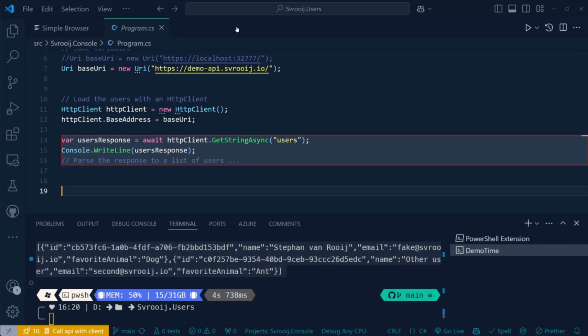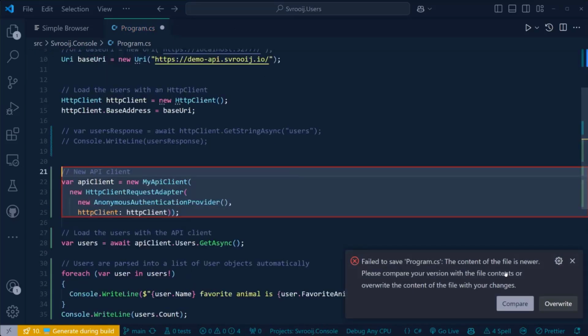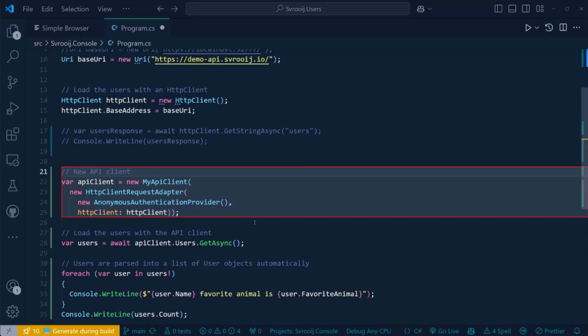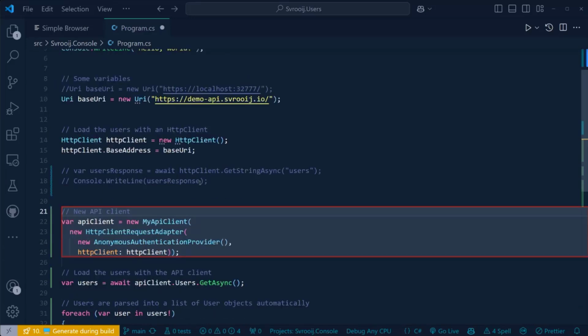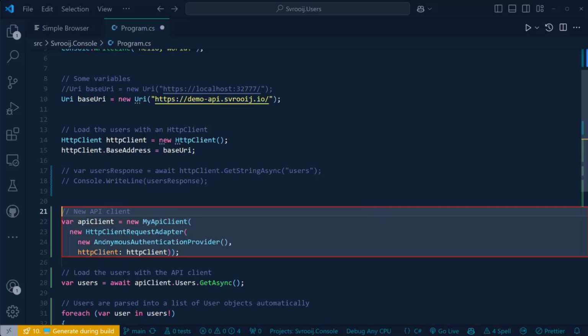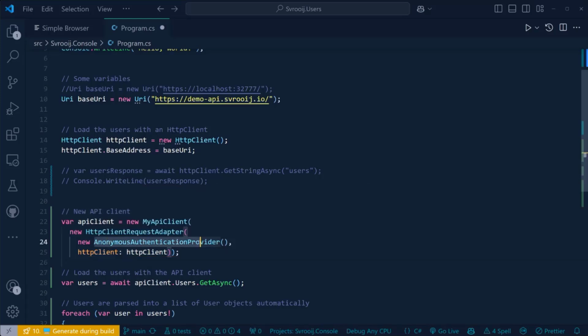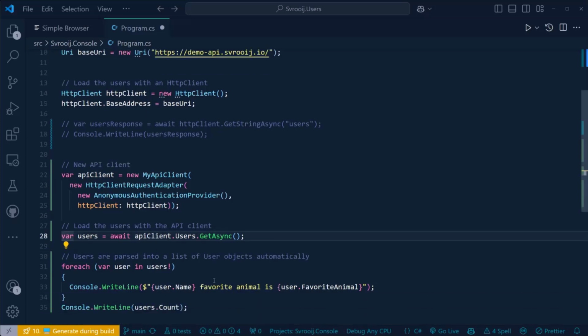But we also generated a client. So I changed it up a little bit. I still have the base URI. I still have the HTTP client. With this HTTP client, I now create a my API client, which is the file that I generated. As I said, there's no protection, but you can inject any other authentication provider you like. I set up the HTTP client, and then I can call var users is HTTP client users get async, and it will actually parse it. And